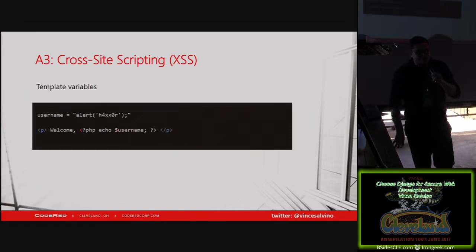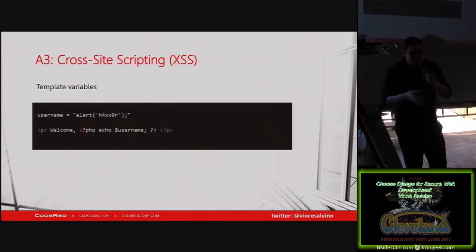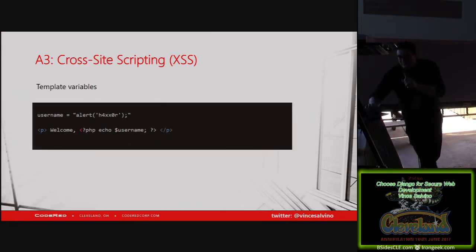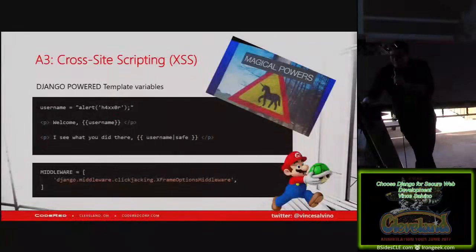So that's broken authentication. Cross-site scripting. This vulnerability is essentially if someone adds some JavaScript to the site, or if someone tries to tinker with the site, any sort of HTML redirects or JavaScript or anything. It's sort of like a code injection, but not exactly. And you can do this on a lot of websites, actually. You put some JavaScript in, you submit your form, and I'm picking on PHP here because it happens a lot in PHP if you don't escape it properly. You spit out whatever their username is, and their username is actually some kind of nasty JavaScript, and boom, your page blows up.